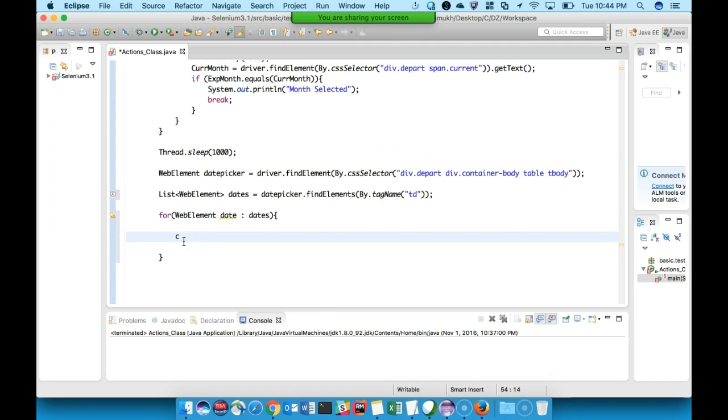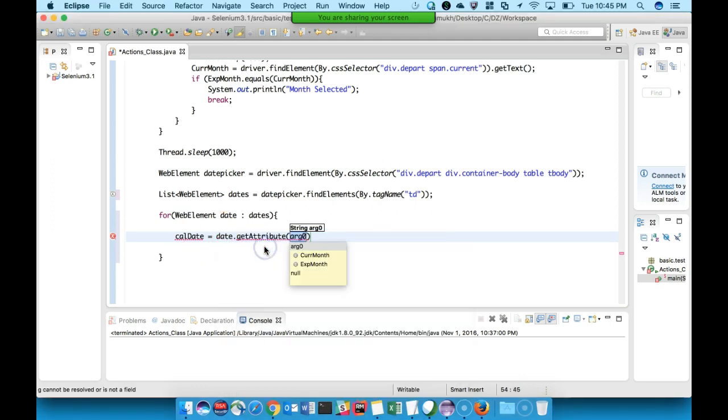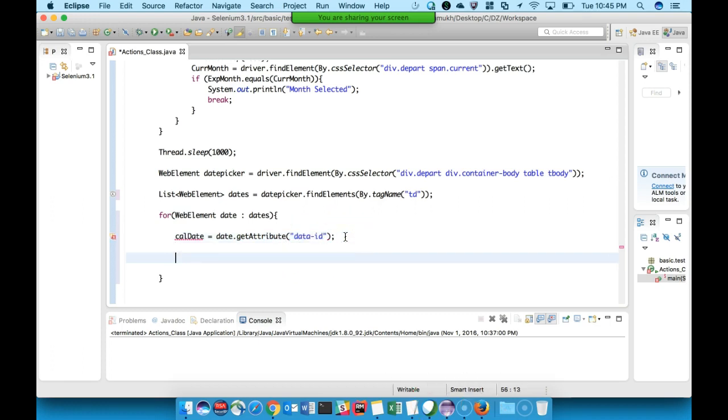We can use calendar date equals date dot get attribute, and the name of the attribute is date ID, and we can use it as a string parameter.